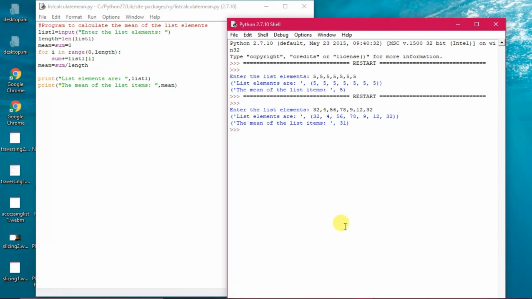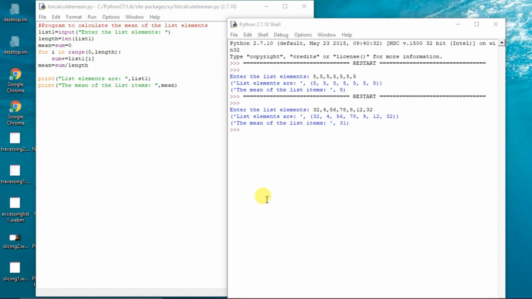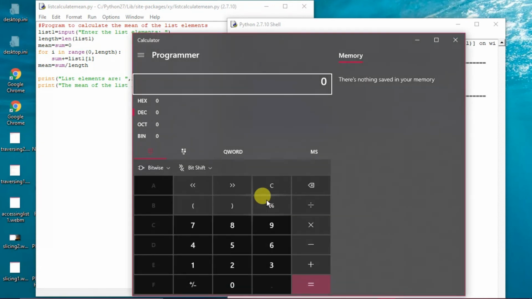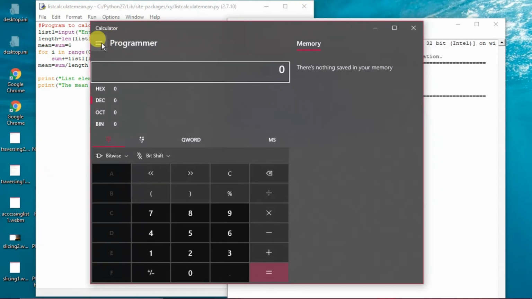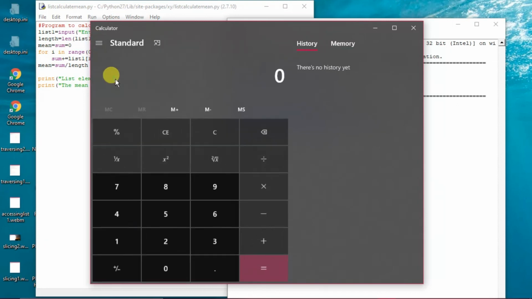All right, let's see whether it is correct or not. So I'm running the calculator and just verifying it. Okay, I'm coming to standard calc.